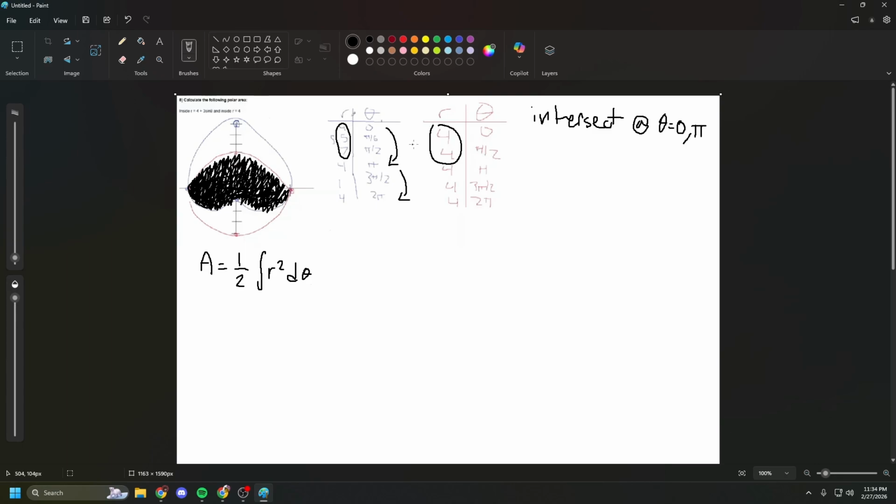So we know that the circle is going to be on the smaller side, so we can set that up by doing area equals 1/2 integral from 0 to pi of 4 squared d theta plus, and now we know that from pi to 2 pi it stays under 4, so we can say plus 1/2